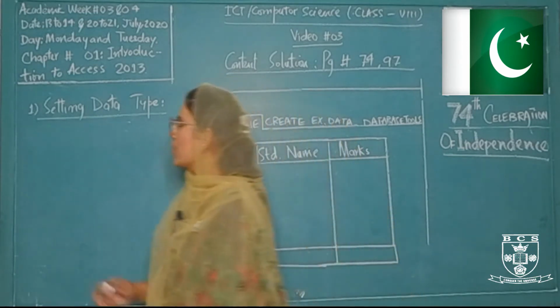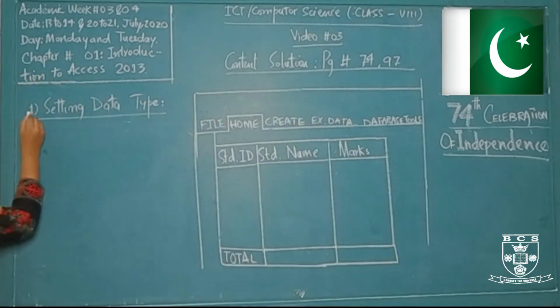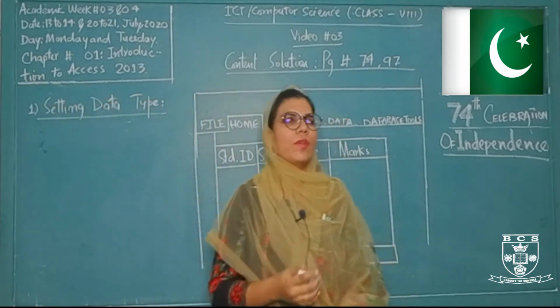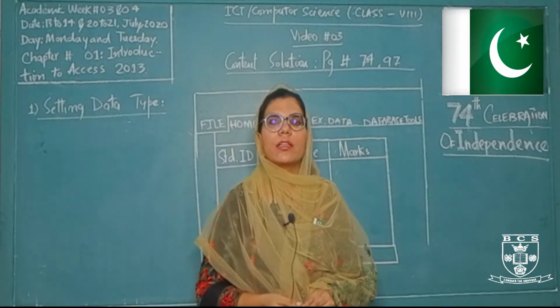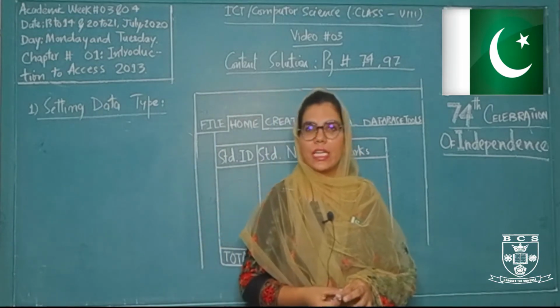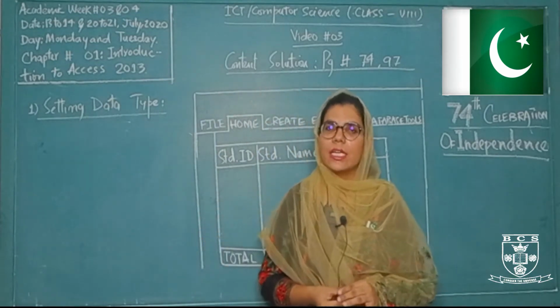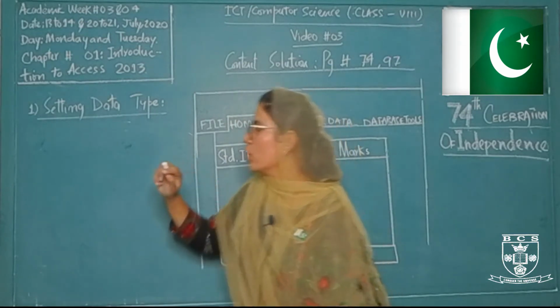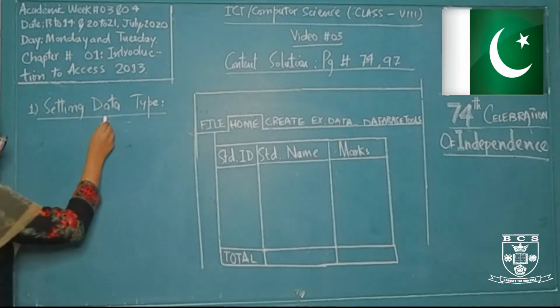Now today we are starting our next topic, that is setting data type. So what do we mean by data type? Data type represents how we can enter the different data for our fields in any particular table of a database. एक डेटाबेस में हम कितनी तरह की डेटा टाइप्स यूज कर सकते हैं, सेटिंग डेटा टाइप से हमें ये पता चलता है. So there are so many different data types.